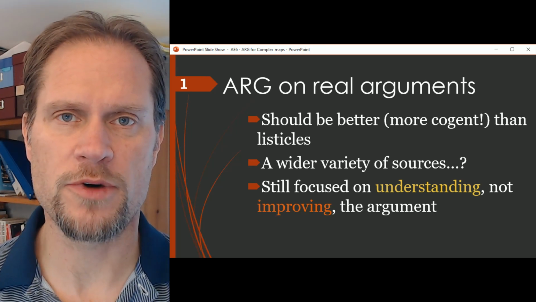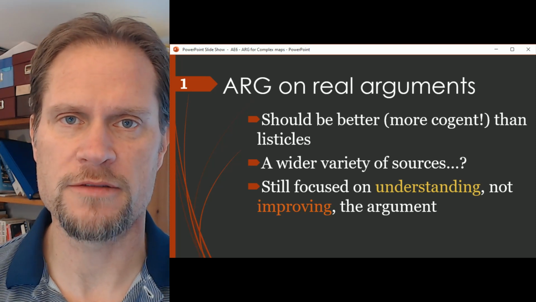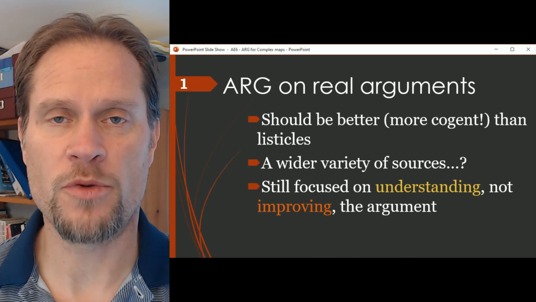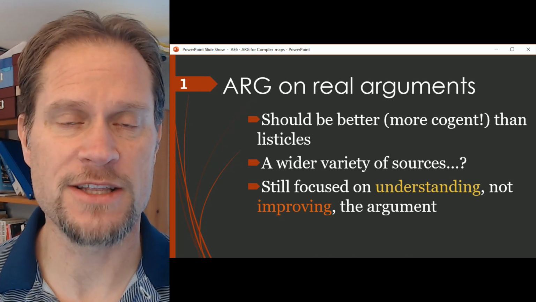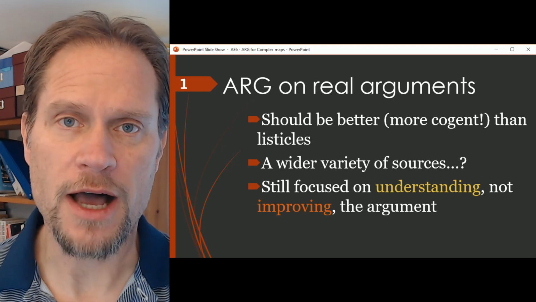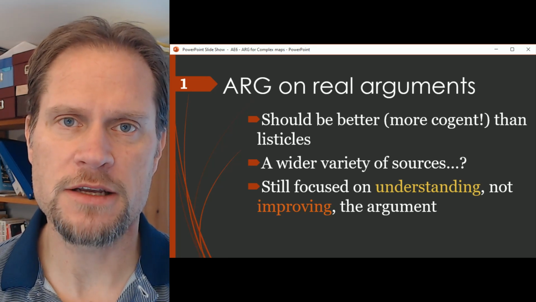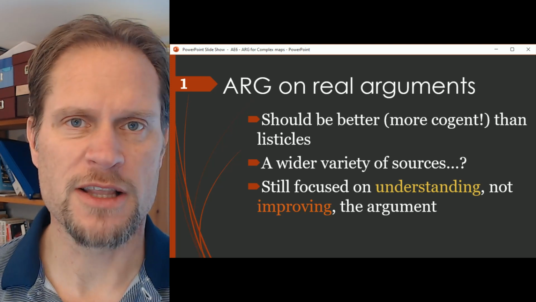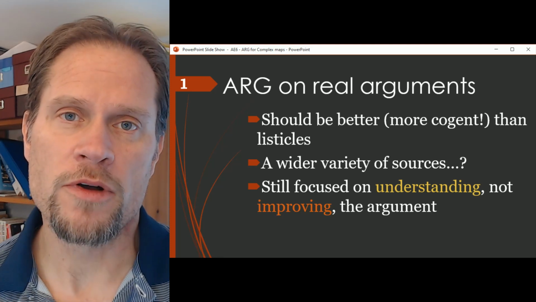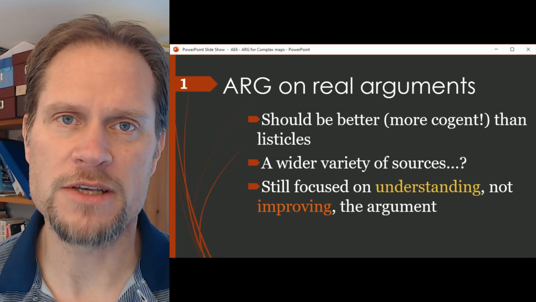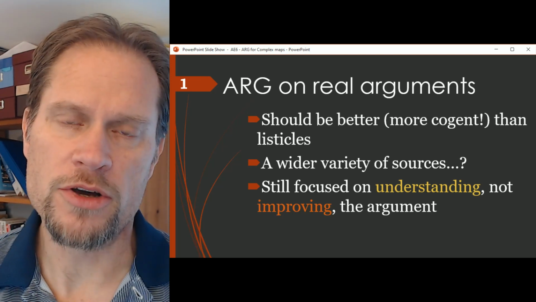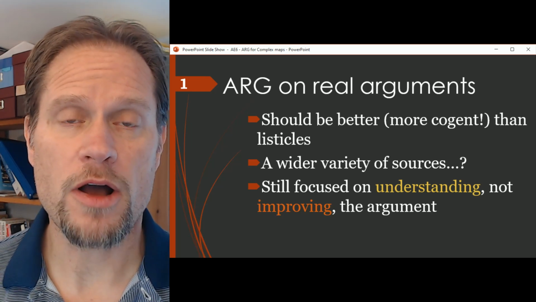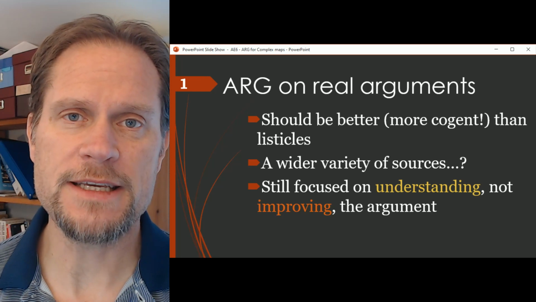while the listicle was good practice for us to learn the ropes of the system of analysis and evaluation and to learn the ropes of the website that we were using, we didn't do a lot of sensitive, judgmental, refined ARG analysis on it. In the end, the listicles were pretty bad, or even if they were good in some respects, it was obvious and an easy call about they were good in that respect or they were bad in this other respect. Real life arguments can be a little bit more complicated,